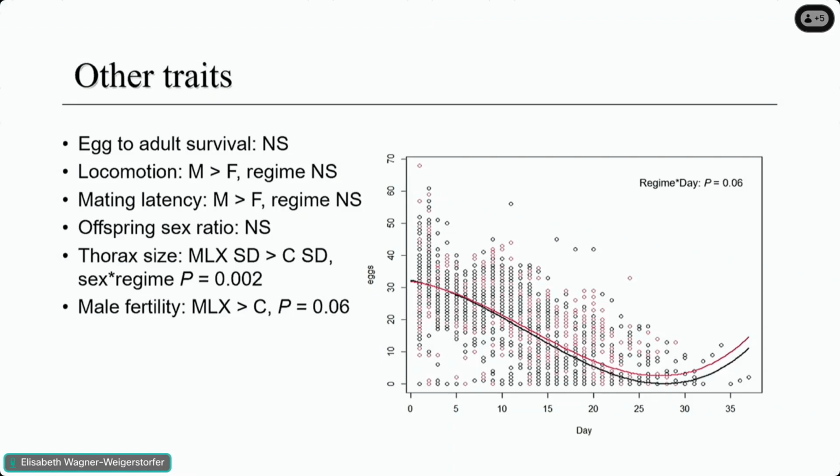the MLX, which is the red here, can maintain offspring production a little bit longer. So females mated to MLX males. And this translates to, if you just look at the number of days that they lay fertile eggs and the total number, it's about 30 more eggs in total, and it's about 1 more day of laying. So it's not like it's a massive effect, but that would at least be consistent with our hypothesis. Okay, so